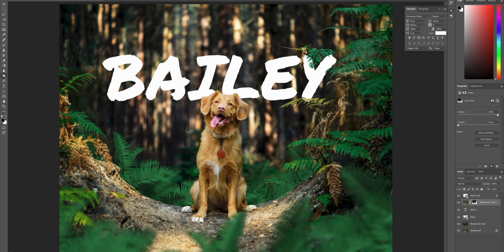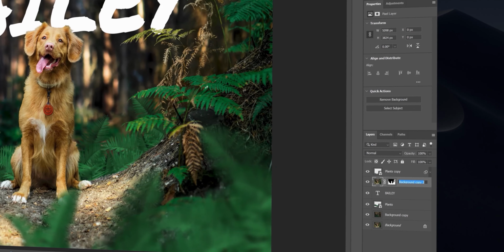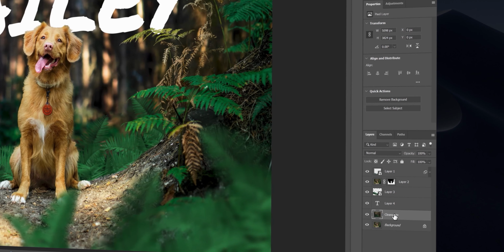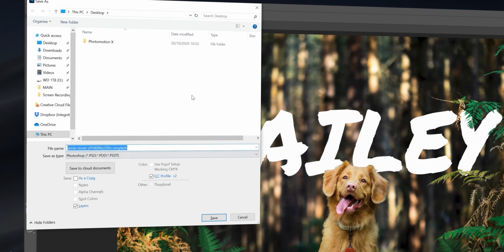Cool, so almost done with Photoshop. The last thing to do is just name and shift these layers by where they will sit in our projection. So we'll have this background, which is our clean plate, then we'll have this Bailey text, layer 4, then layer 3, the ferns behind the dog and the ground on layer 2, and the ferns in the foreground, the out of focus ones, those are going to be layer 1, and of course, all what's left to do is save